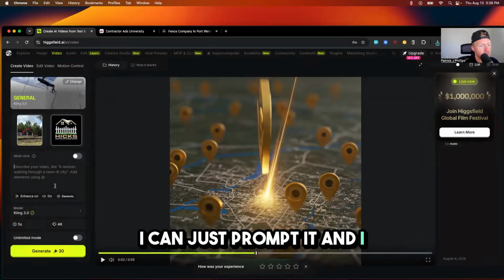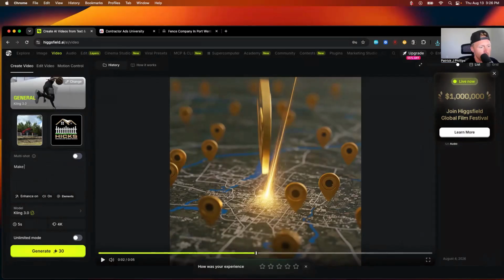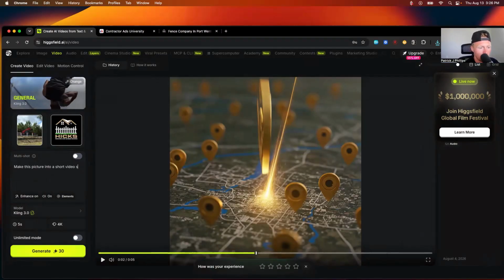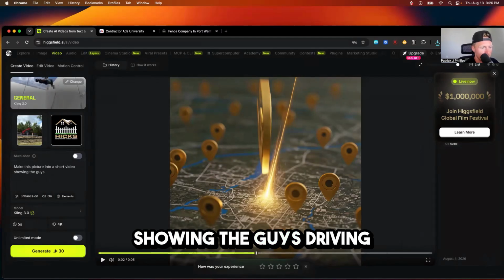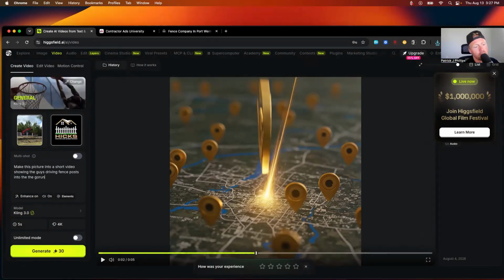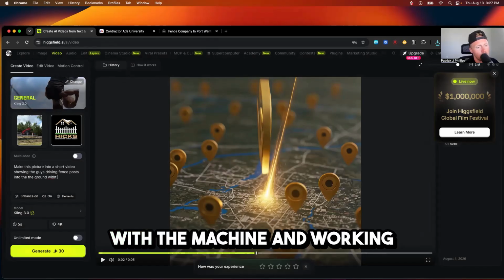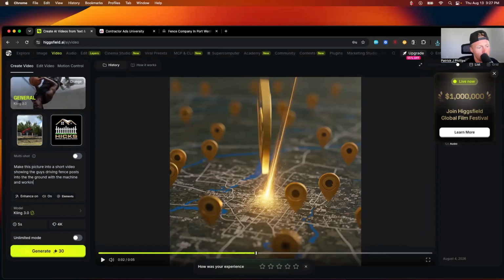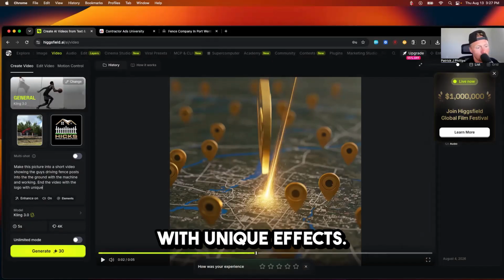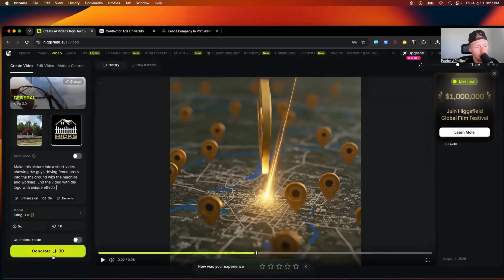Right now I can just prompt it and say, make this picture into a short video showing the guys driving fence posts into the ground with the machine and working, and the video with the logo or with unique effects. And then click generate,